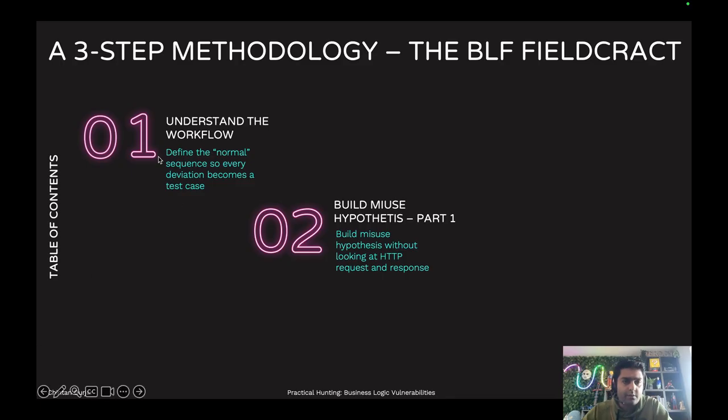So basically here you are defining all the normal sequence. Let's say for the password reset flow there are like 6 or 7 steps from the GUI. Now for each of those 6 or 7 steps you are trying to find a misuse hypothesis. The first step was you have to give an email ID, so your hypothesis becomes, what if I give something else? What if I don't give anything and submit? Now let's say the fourth or fifth step is to click on the link,